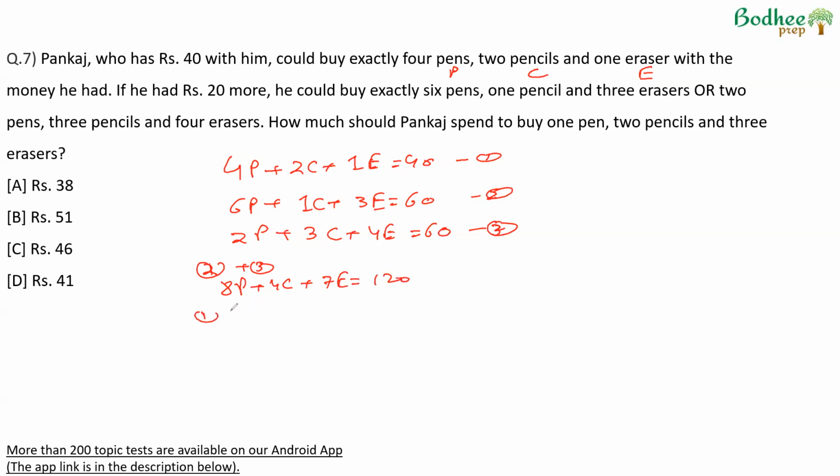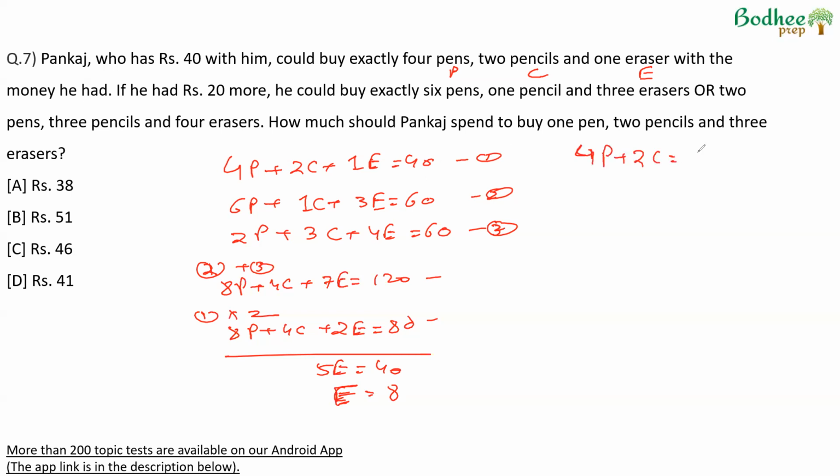Then I multiply equation 1 by the constant 2. So this becomes 8P plus 4C plus 2E is equal to 80. Subtracting these two equations, we get 5E is equal to 40, E comes out to 8. The price of an eraser is 8 rupees. If we put this 8 into the first equation, we get 4P plus 2C is equal to 40 minus 8,